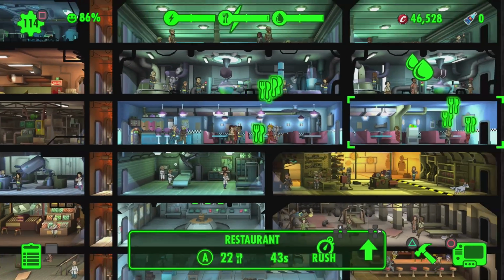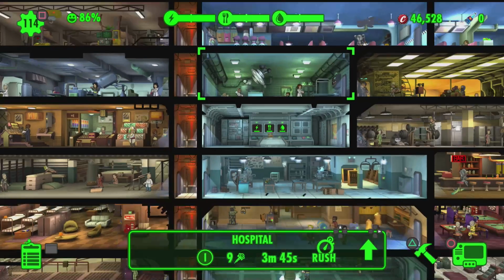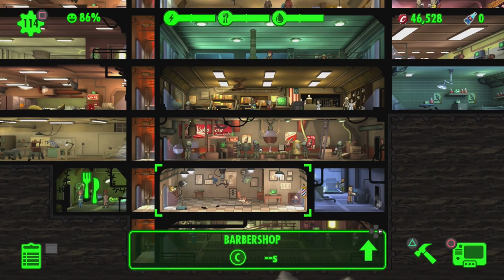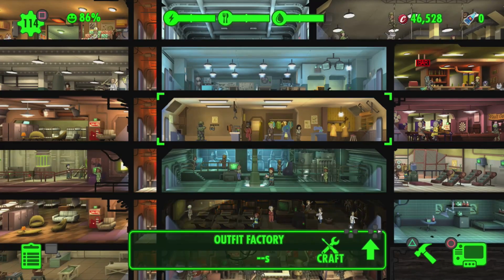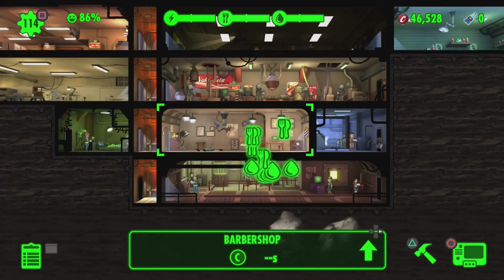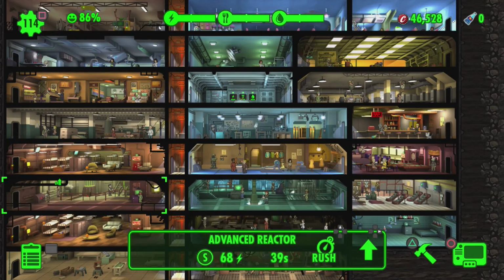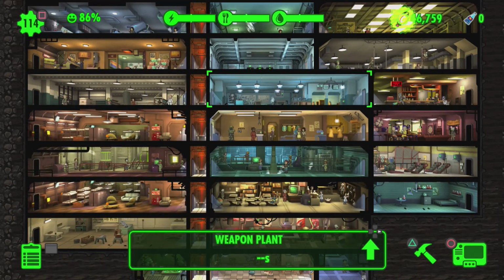Alright, what do we got going here? 46. I said earlier I need to get to 60, but what the heck was I thinking? I need 90. It's not going to happen tonight. I'm not going to play this game for that long. I mean, I could. Certainly, it draws you in enough. It doesn't lack in that area. But